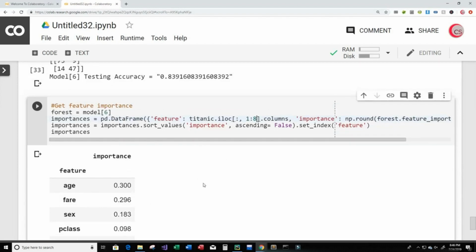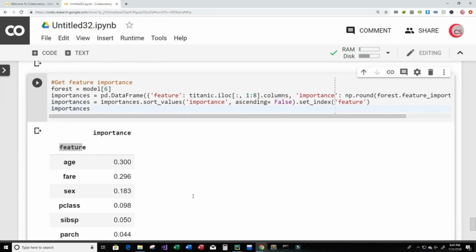Okay, so hopefully all of that made sense to you all. So we have importance here, we have feature here, because our feature is the index, so that's why it's down here. We sorted the values not in ascending order, so in descending order, and that's how we got that chart. Okay. All right, so I know that was a lot, and I hope I didn't confuse you all. So let's create a new cell here,